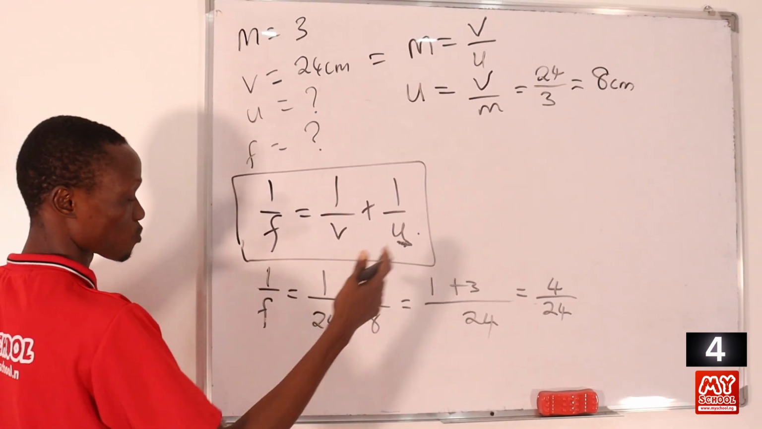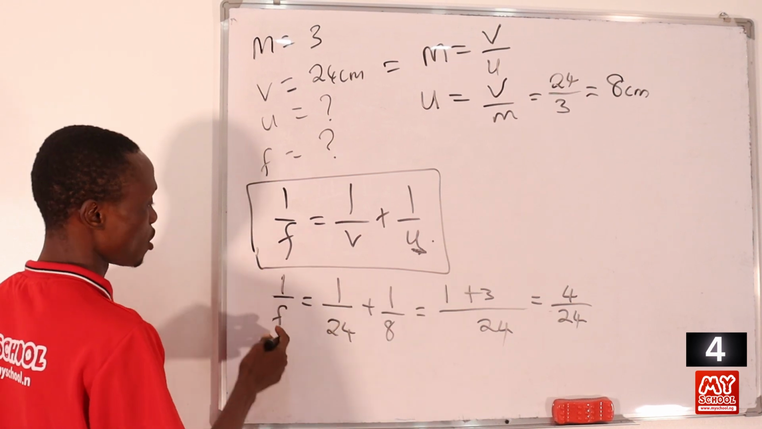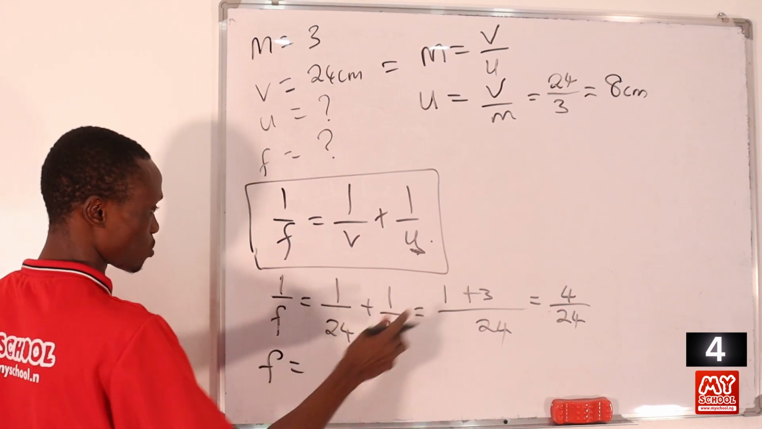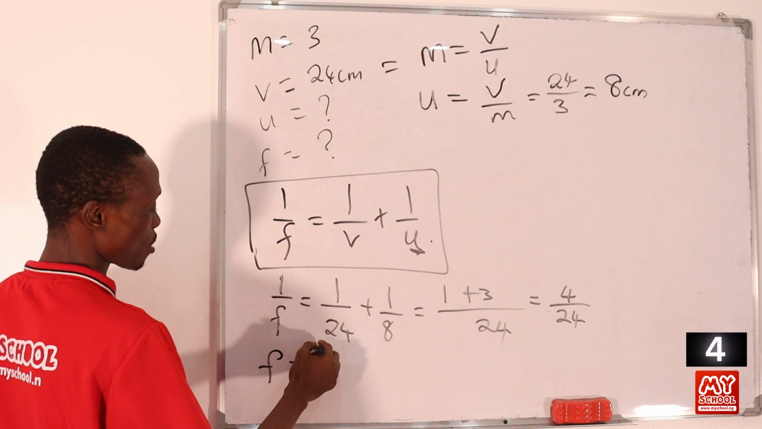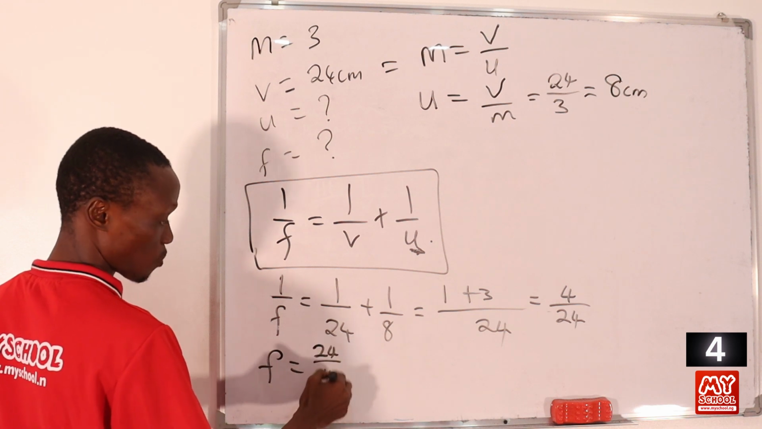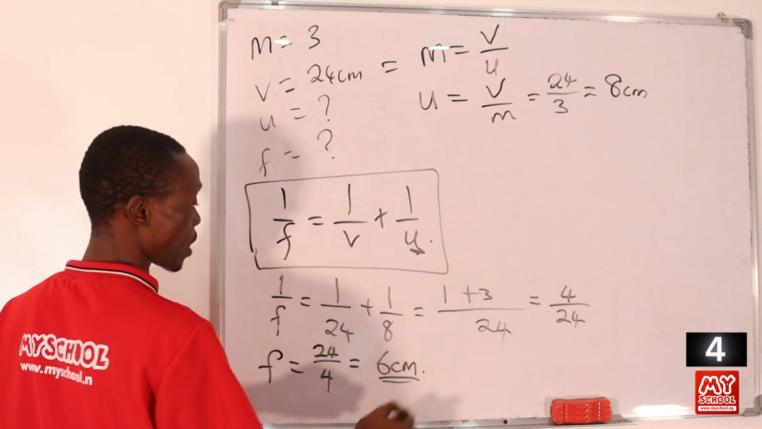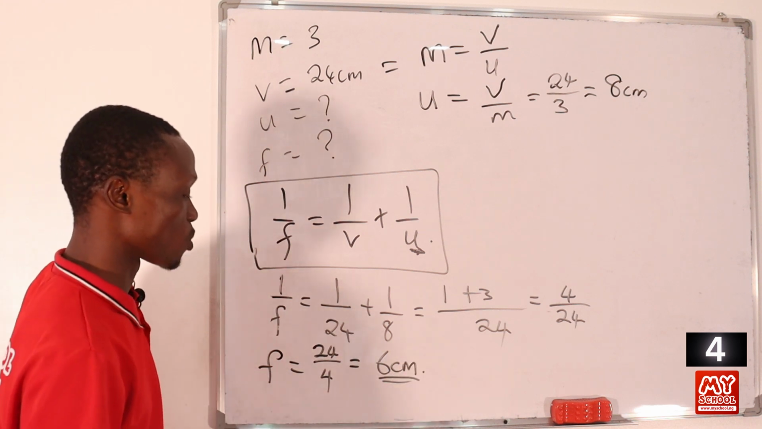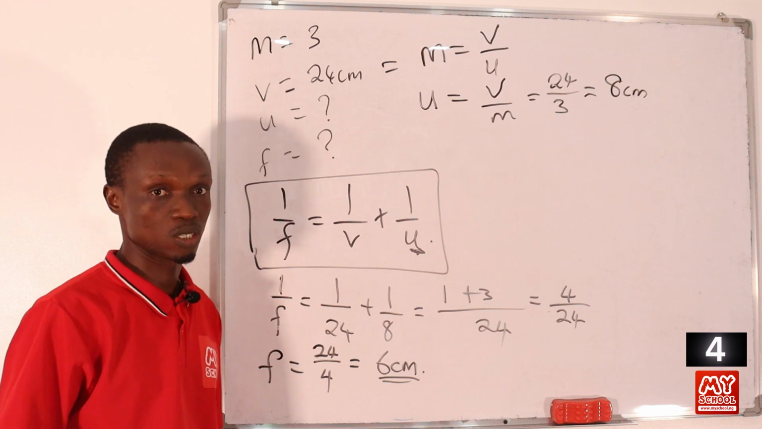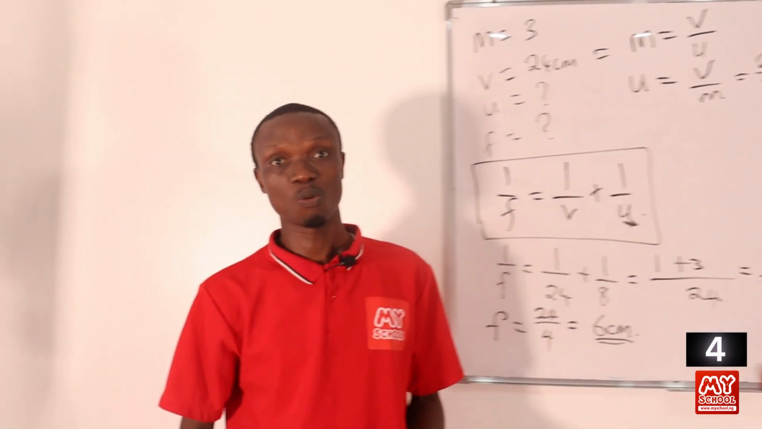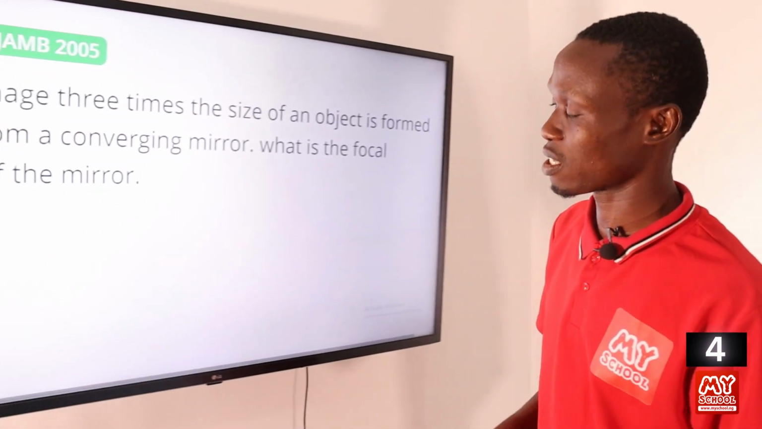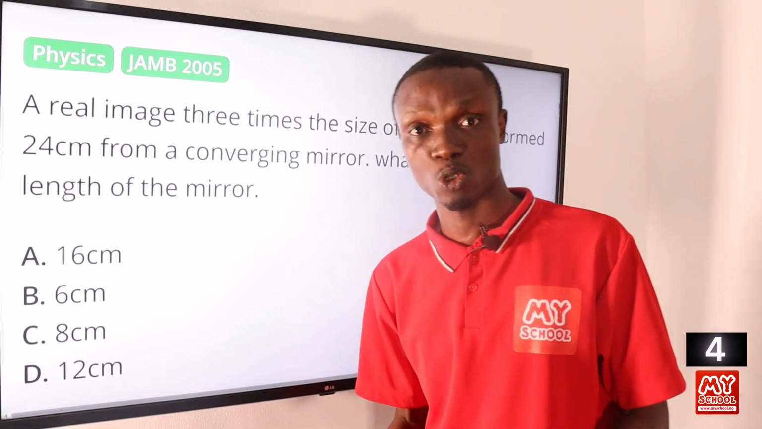So in this case, we just have to cross multiply, or we just invert. So here we can say f is equal to, then we invert the other side. So we'll be having 24 divided by 4, and this will be equal to 6 centimeters, okay? So the value of the focal length of the converging mirror is equal to 6 centimeters. So let's return back to the screen to pick the correct answer to this question, and that is option B,